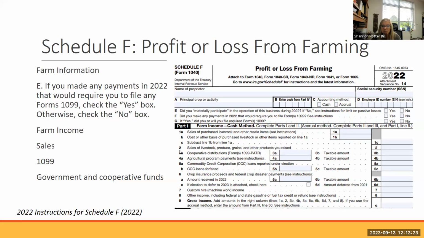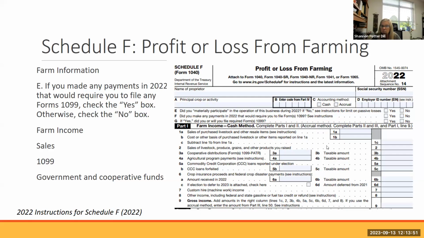Most often, if you've got sales of livestock, produce, grains, and other products you raised, that would be line 2 here. And you can see that would probably be, for most small farms, the largest revenue generator and where you would be putting the most income. Other examples of income could be cooperative distributions.